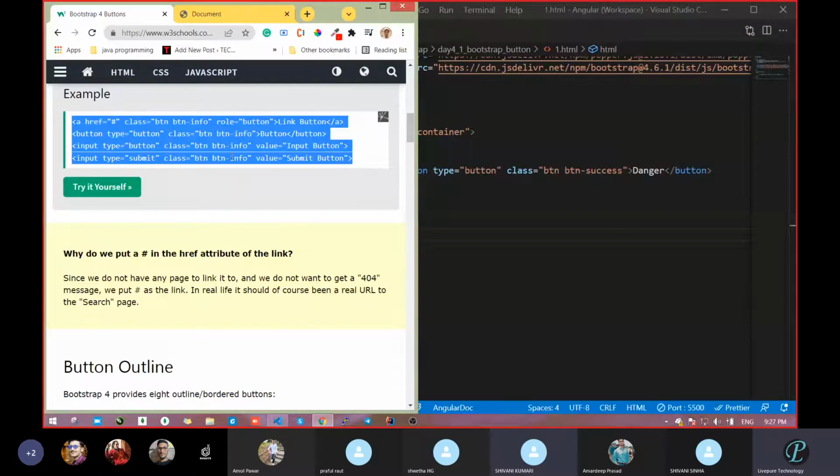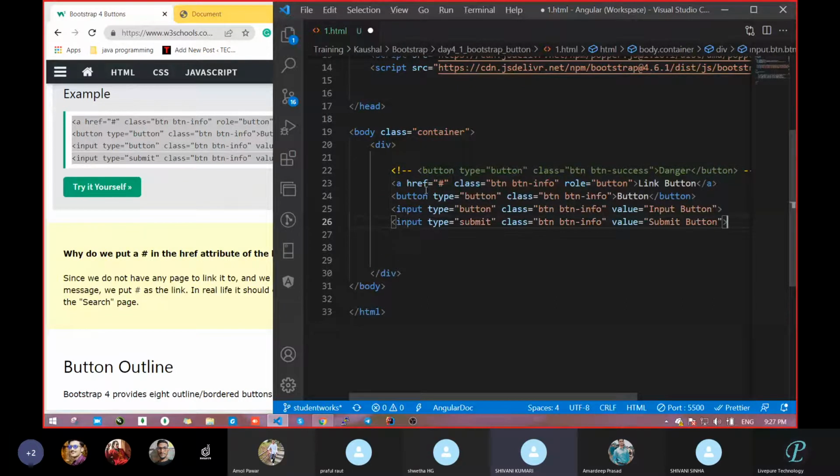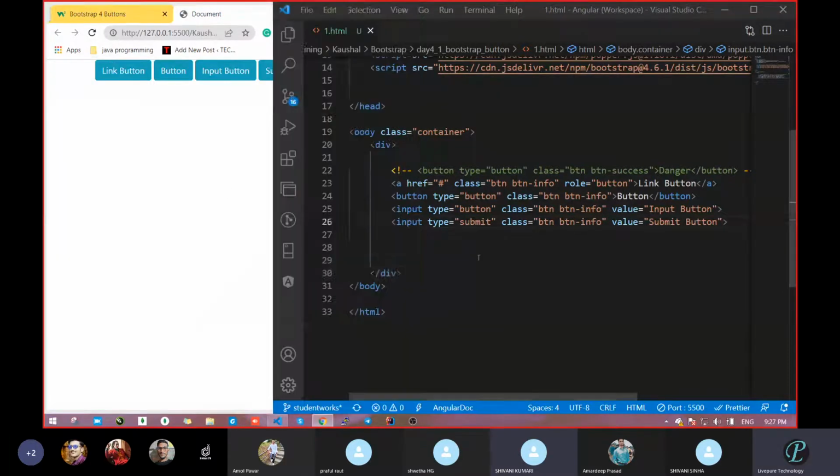Take this. What is here? So see here, we have taken different buttons. Okay, so what is that? One is an anchor tag. First is a link button. What class have we taken? Class name is just normal. Do one thing. Remove this class. What are you thinking, how will this become?